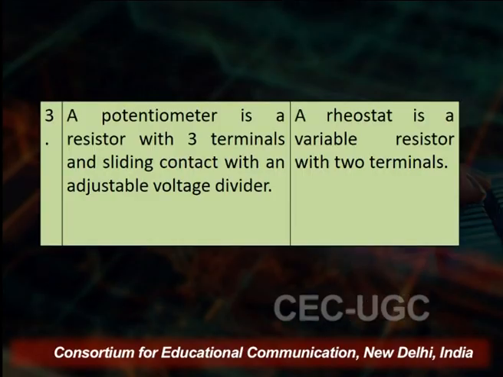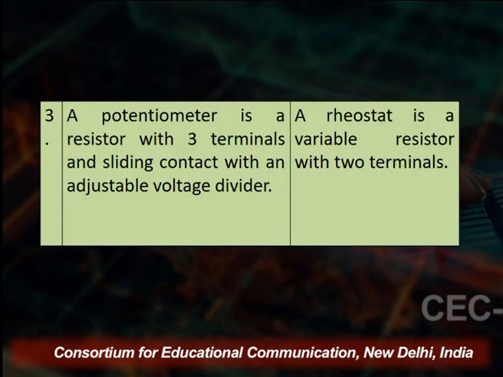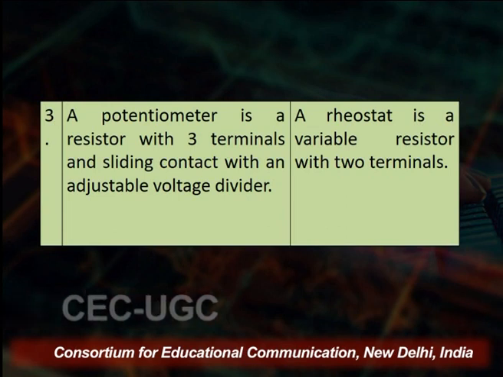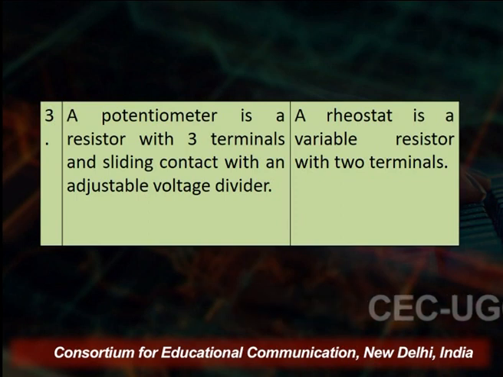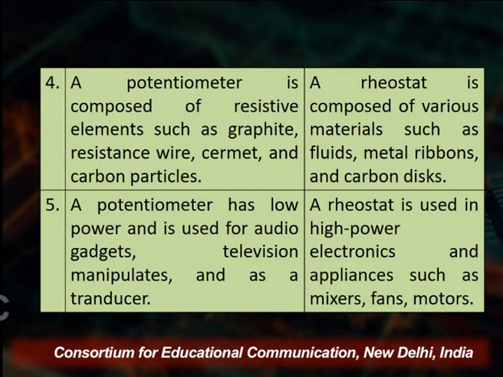A potentiometer is a resistor with 3 terminals and a sliding contact, acting as an adjustable voltage divider. But a rheostat is a variable resistor with 2 terminals. A potentiometer is composed of resistive elements such as graphite, resistance wire, cement and carbon particles. But the rheostat is composed of various types of material such as fluid, metal ribbons